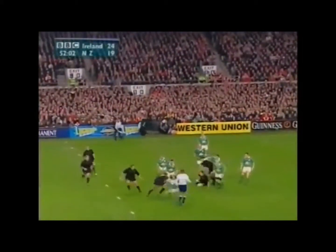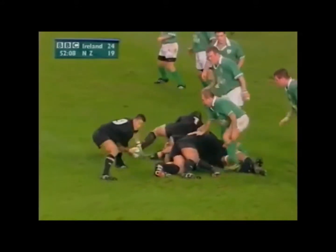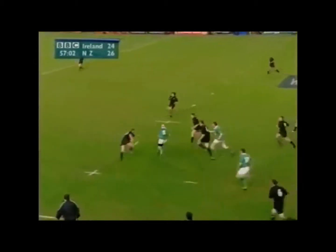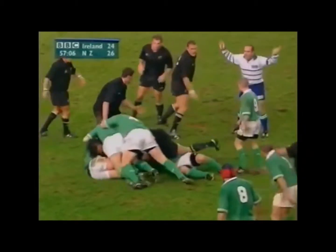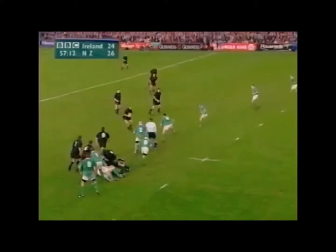To drop those kinds of goals on the run as well. He didn't need to wait. Half stride, bang, 3 more points. Hickey half thinks about the run, inside to Wood. Now if he could score from the halfway line. Hammered to the floor by Richie McCaw, the open side flanker. And I think New Zealand have stolen this